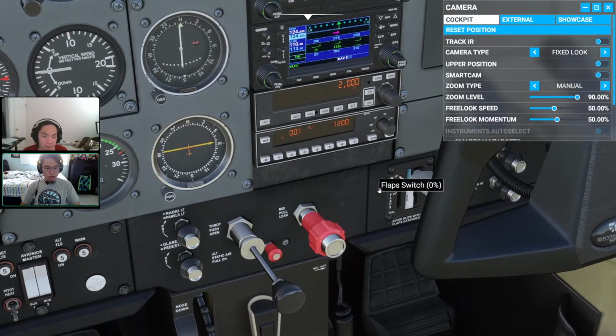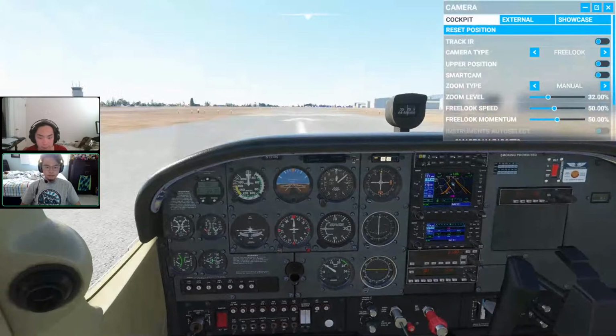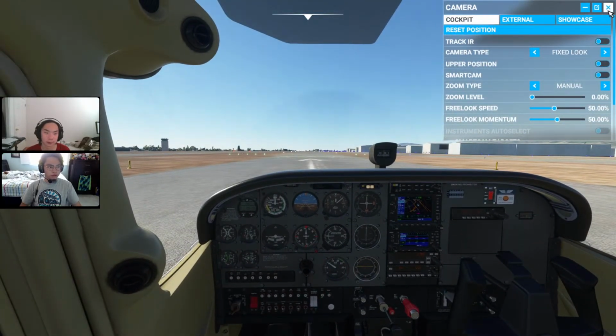Your flaps are up, and your landing lights are on. So your beacon, landing lights, taxi lights, and strobe lights should be on, and your nav lights if you're taking off at night. So I am going to take off right here,